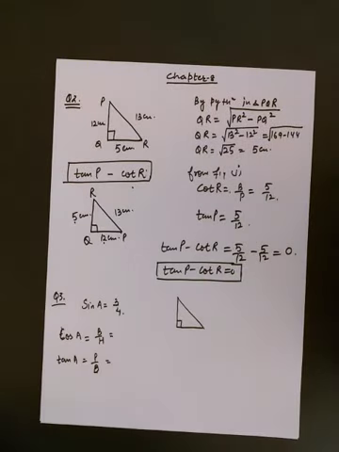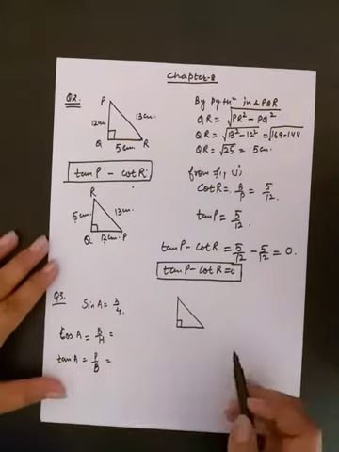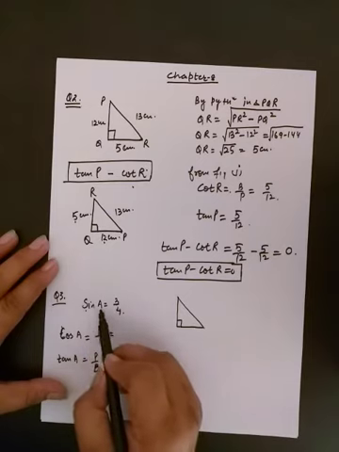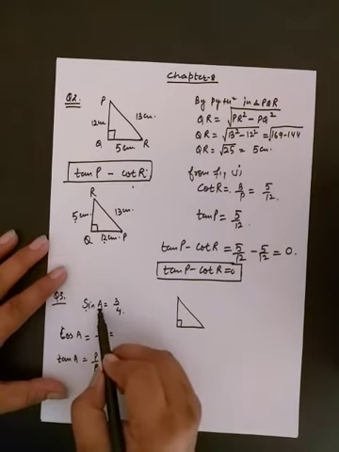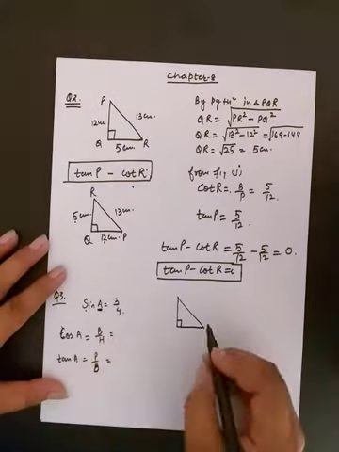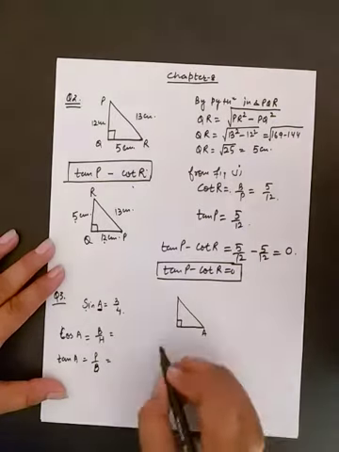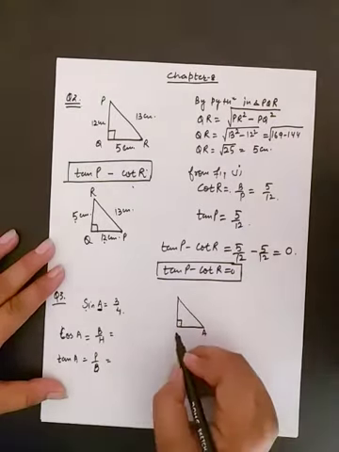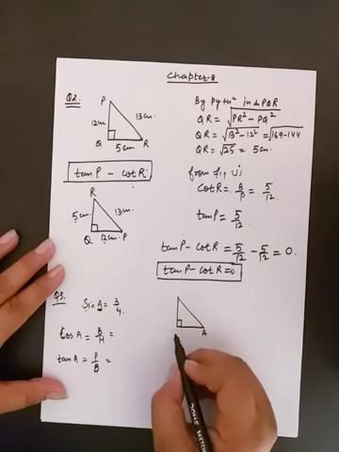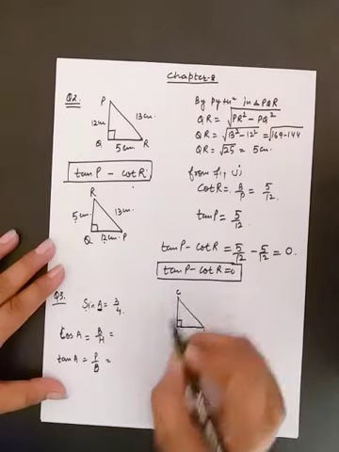Question number 3. If sin A is equal to 3/4, calculate cos A and tangent A. Here see, sin A is given. So it means in base the angle or the letter which we have to mark will be A, and the remaining 2 points we can take any letter. Suppose this is B and this is C.